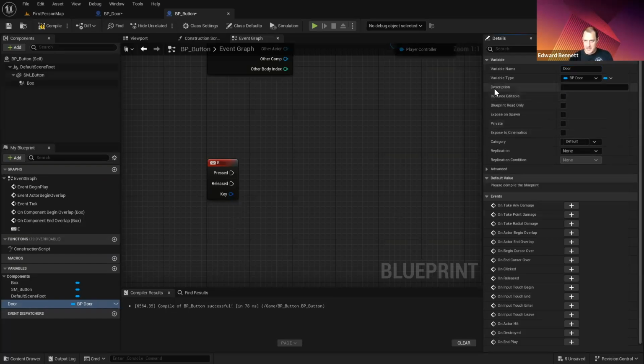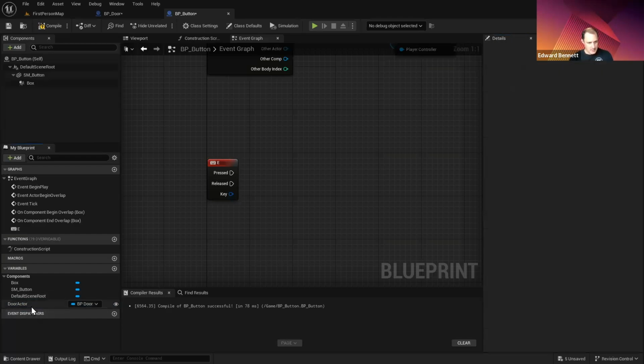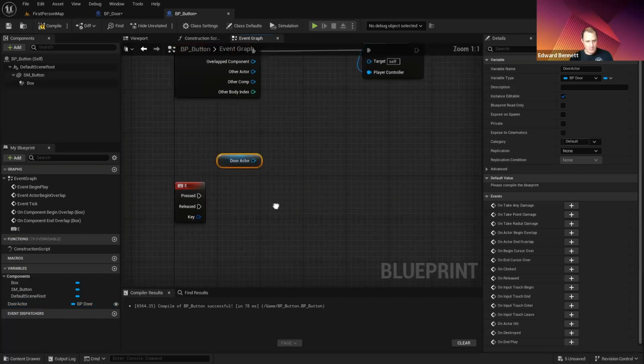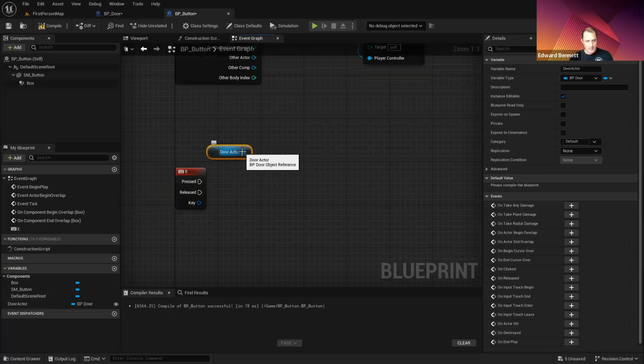And I'm going to make this instance editable again. So I can just click on this little eye next to it. I could call it door actor, which is probably a better name. So this is a reference to a door. Now, when I push E, what I want it to do is get my reference to my door. But when this is a BP door object,